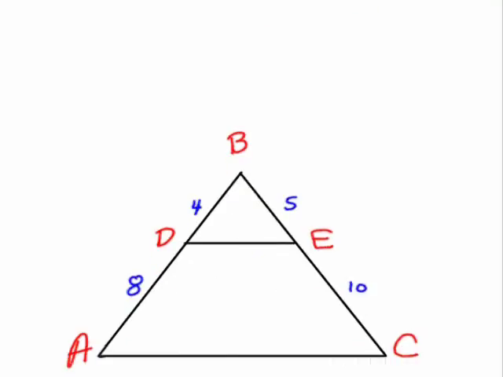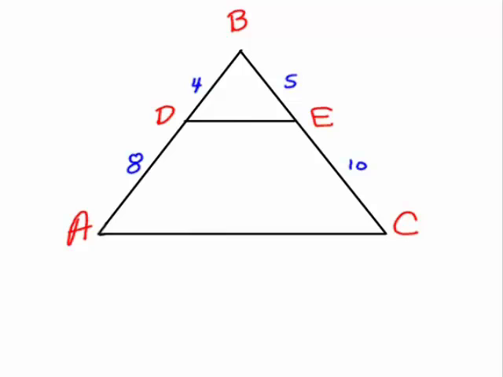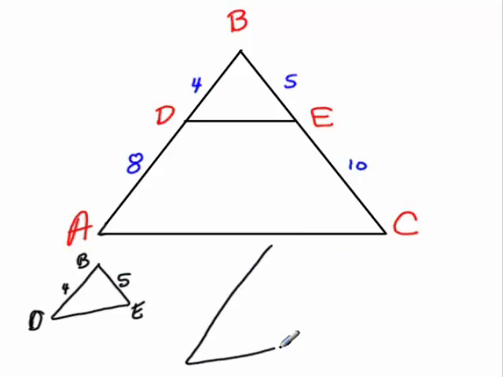Another type of side-angle-side similarity may include overlapping triangles. When this happens, we either can identify the separate parts, or we may have to actually draw them. Do a quick sketch. If we look at the smaller one inside, we have triangle BDE. Oops, supposed to be a D, E. And this side is 4 units, this side is 5. Then we have the larger triangle, the whole triangle of triangle